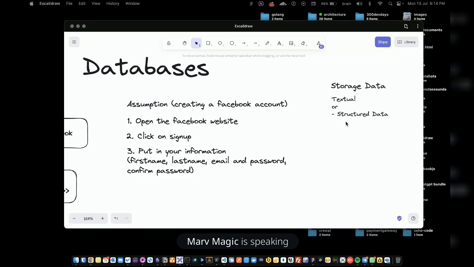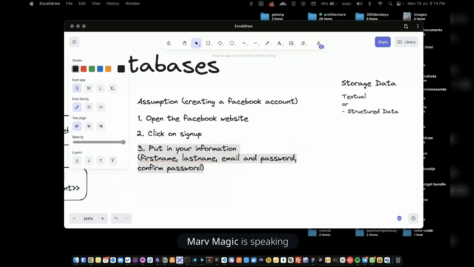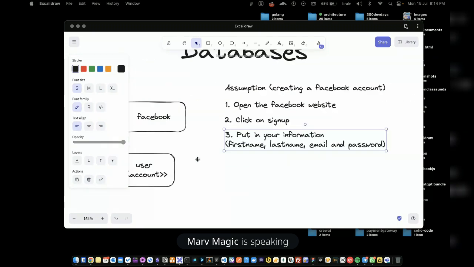It's not a file, at least for now. It's not a video. It's not music. It's text information: first name, last name, email, password, and of course, let's just stop at password. First name, last name, email, and password. Okay, so the process of Facebook storing this information,